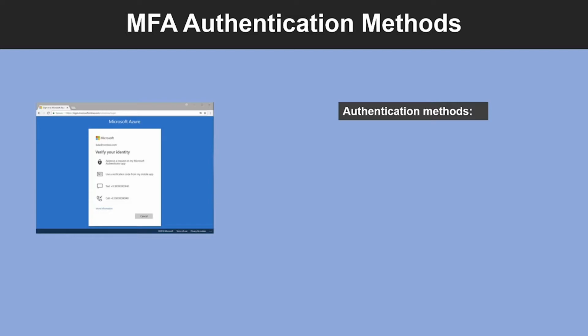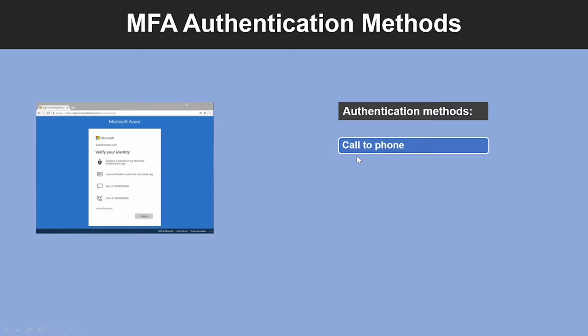So let's look into available verification methods. When a user signs into an application or service and receives an MFA prompt, they can choose from one of the registered forms of additional verification. So, what are the different forms of verification? The first one is you could use the Microsoft Authenticator app, or you could use an OAuth hardware token, or you can use an SMS or receive a phone call as well. So, let's look into these authentication methods one by one.